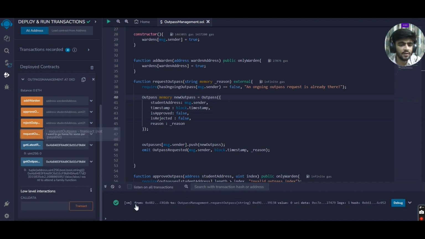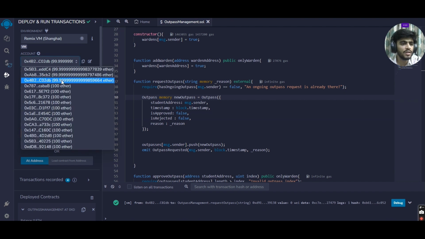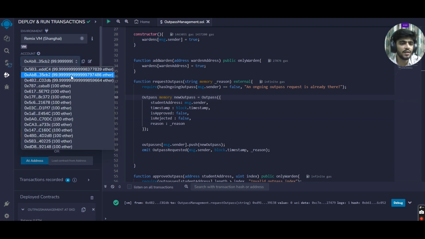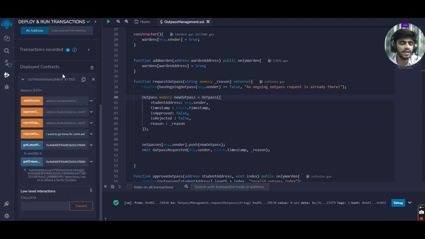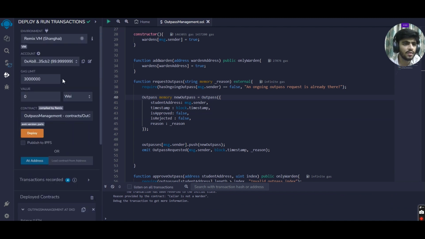So he will just create a request. Now if the warden wants to see the outpass for the first student, this second address being the second student, he can check. Let me first make sure